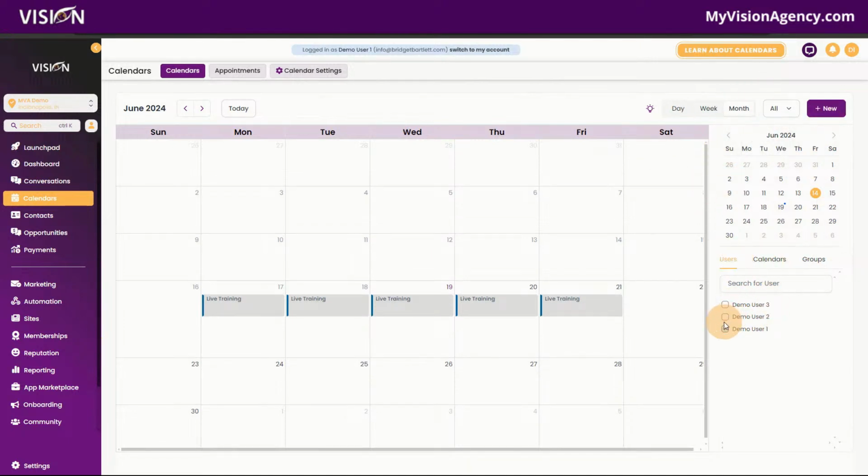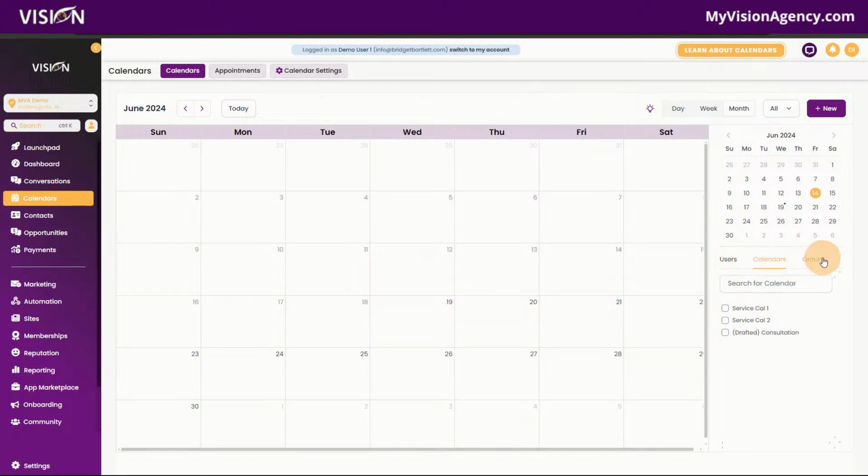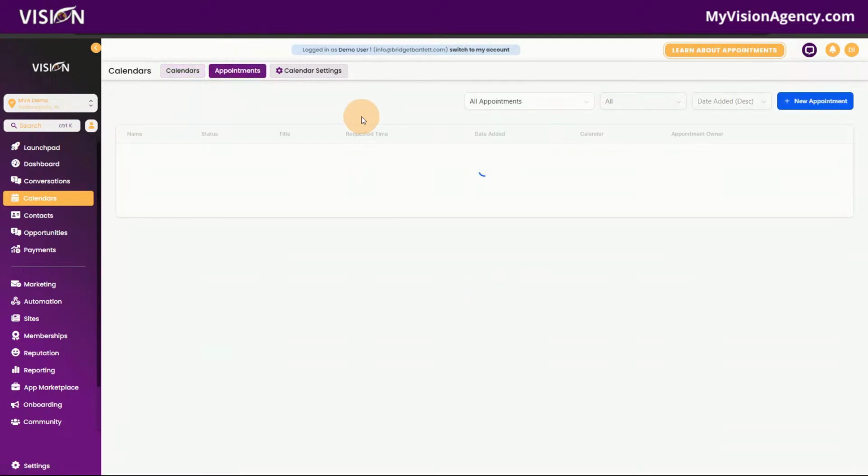Okay. You can check all of the appointments here by the different users. You can also check by the calendar or the groups here. Okay. So if we go into our appointments tab, you can kind of see a rundown here of all of the appointments, and you can search between the appointments, like all appointments or the primary in this calendar, or by